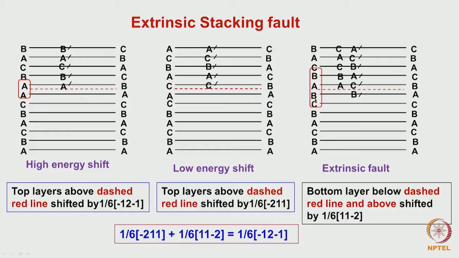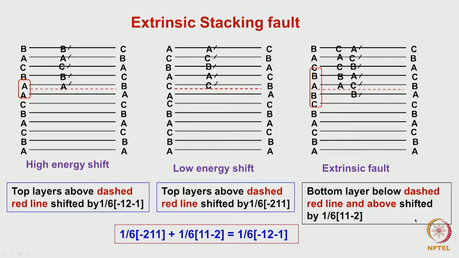So now the stacking sequence has become CBAC like that. This sort of fault which is created is called an extrinsic stacking fault. Okay. The same reaction is given here. But what is important about